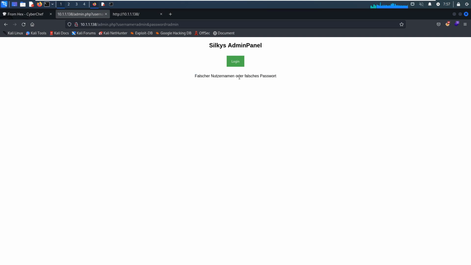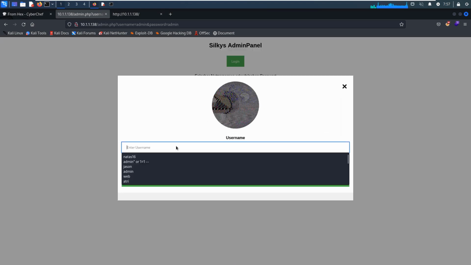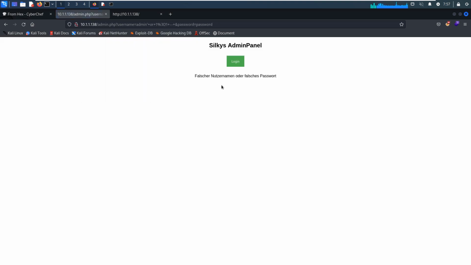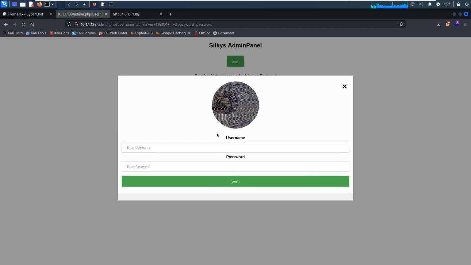So now we can try to use a login bypass technique. Okay, password login, but it failed as well. So next, I think we can try to launch sqlmap to see whether this admin panel is vulnerable to SQL injection.